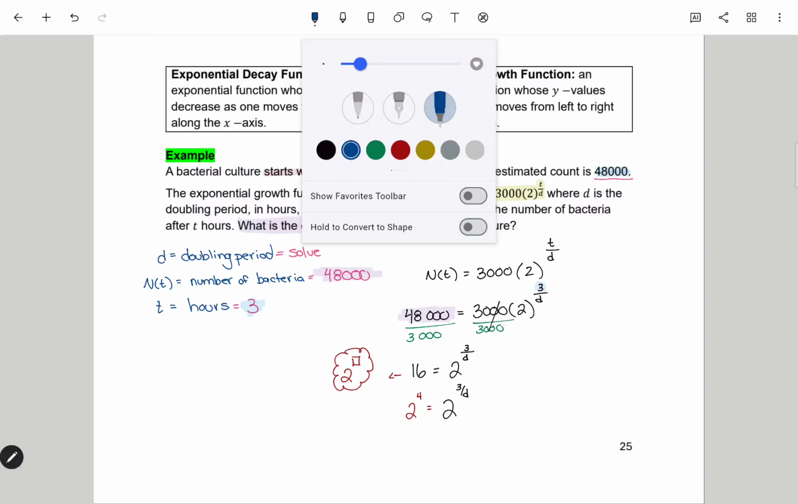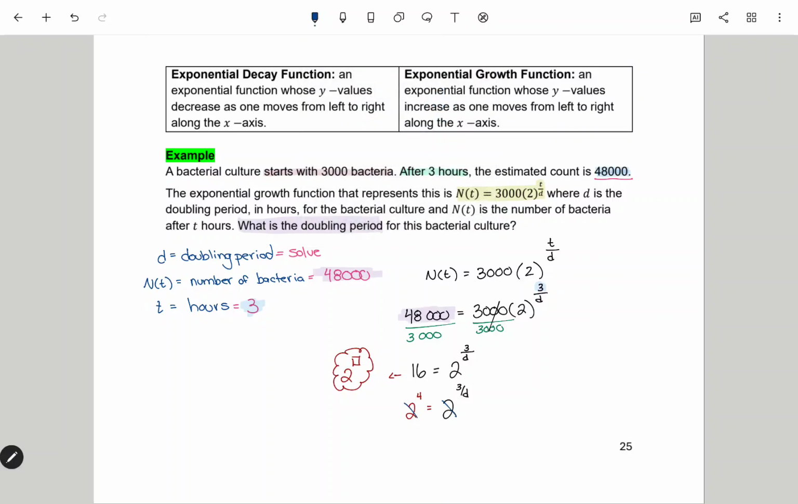Bases are now the same, so we can ignore our bases and just set our exponents equal to each other. We can't solve for something that's in the denominator like this, so we're going to start with multiplying both sides by d. So 4 times d is equal to 3. Divide both sides by 4, so we get d is equal to